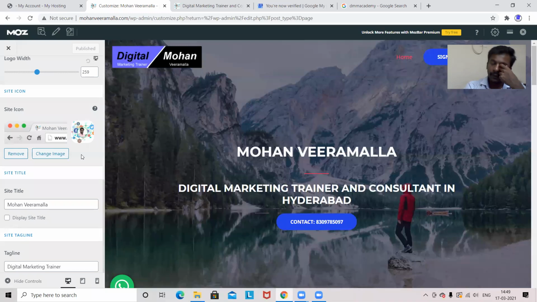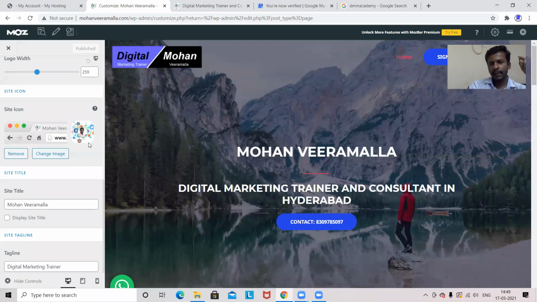Now for the logo, the size will be 180 by 60. 180 will be the width and 60 will be the height. Depending on the theme design, sometimes it may go to 160 by 80 also. You can select the size of the logo, but not more than 180 by 60.